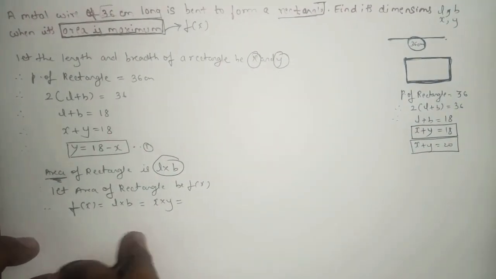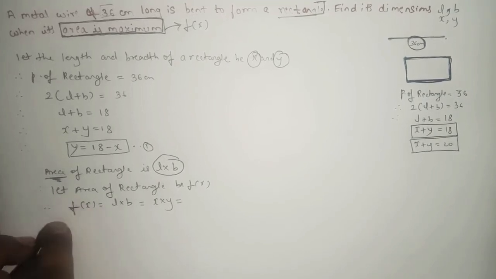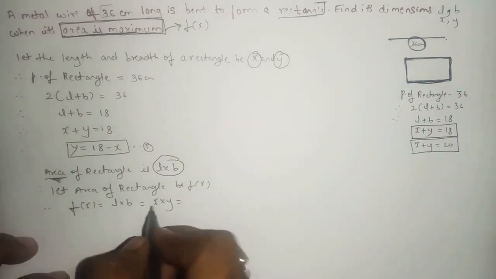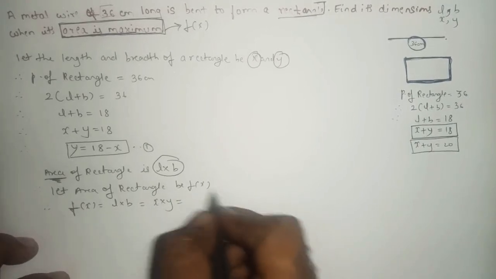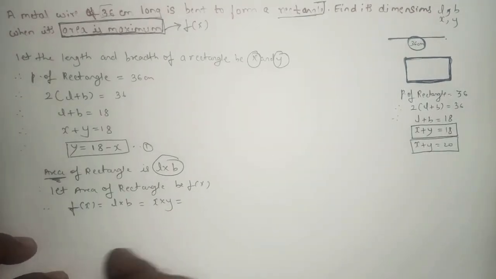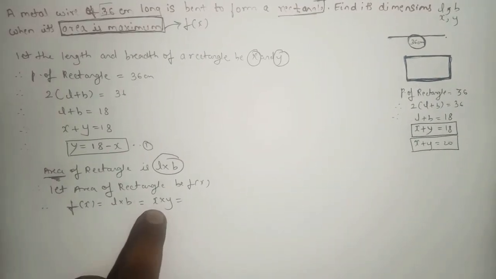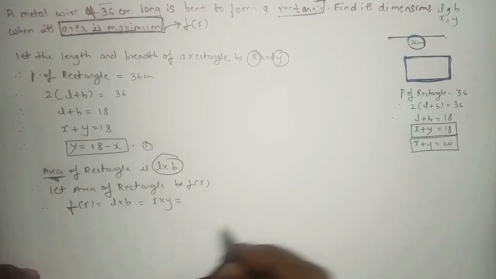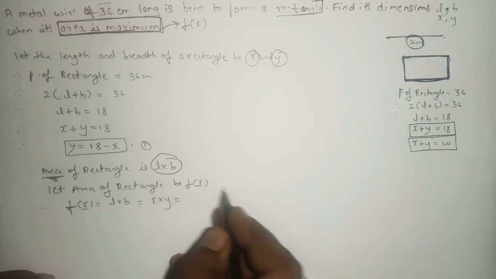Here also again same. After getting f of x, we have to find the first derivative and the second derivative. And when you have to find the derivative, we have to find the derivative with respect to only one alphabet. Here we have two alphabets. So here in the right hand side, you have to convert either the whole term into x or the whole section into y. Okay, so the steps look similar to the previous sum, yes or no? So here also we'll do the same thing. We'll convert the right hand side into only a single alphabet, either in terms of x or in terms of y. So as here we took f of x, of course we'll convert this whole section into x only.